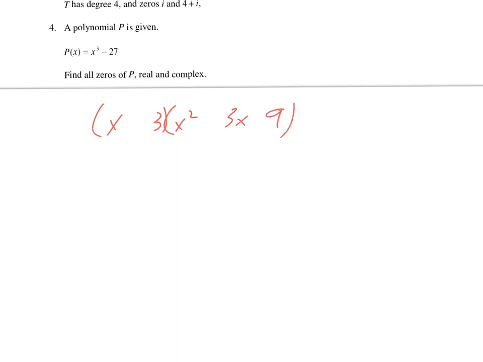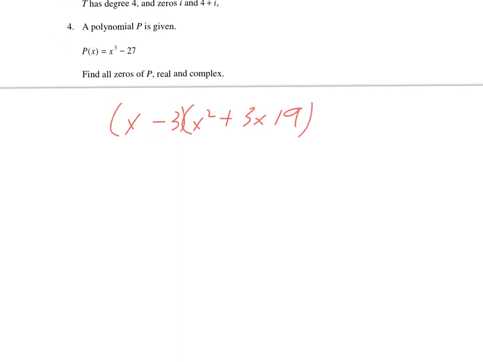All right, next up here we have x cubed minus 27, and they want us to find all the zeros. So I would first factor this so we can get all the zeros. This is our perfect cubes, and then we'll go same, opposite, always positive. So then obviously this one's going to be x equals 3, but this one we're going to have to do